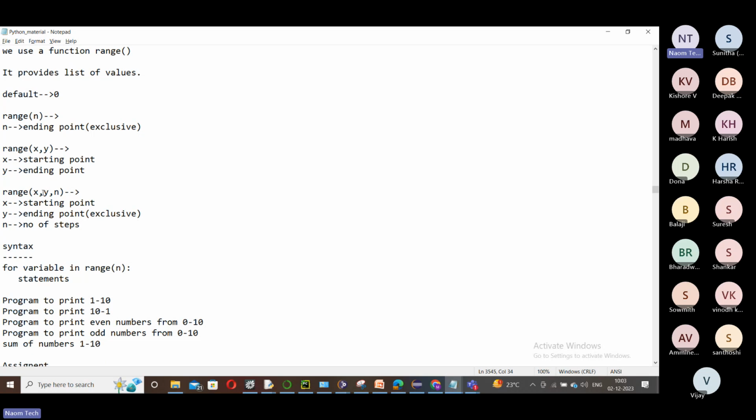Third one, you have a start point, an end point, and a step statement to choose. In this way, range provides a simple way of working over a range of values. But this alone is not enough. We need to learn a lot when dealing with Python, especially data structures, which play a very important role in Python. But that is fine. We'll come to that point.